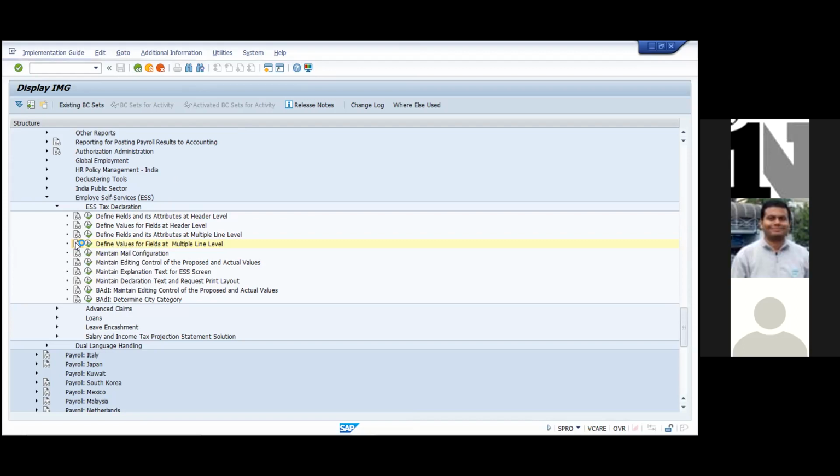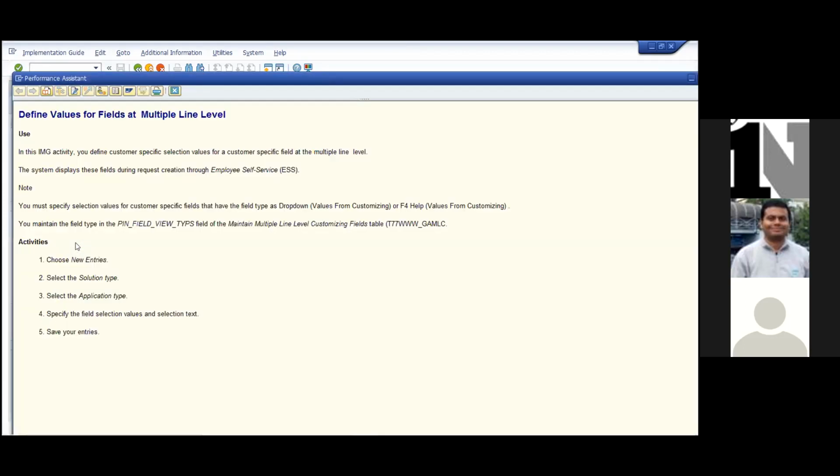Here you will get an idea of what exactly needs to be done, and also the field value or field table to maintain. They explain that you have to maintain this field, and they also mention the field value from SM30. You can choose your application type and solution type, and maintain it the same way they have explained here. Okay, you can now close it.